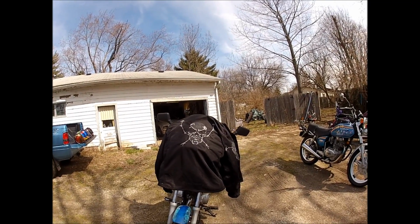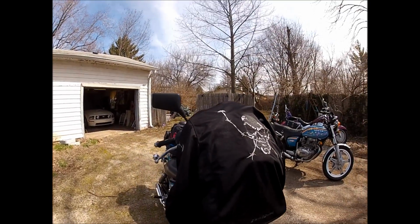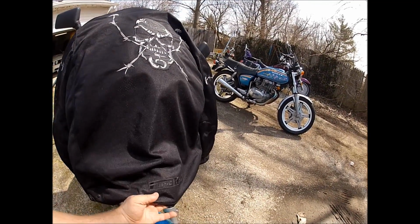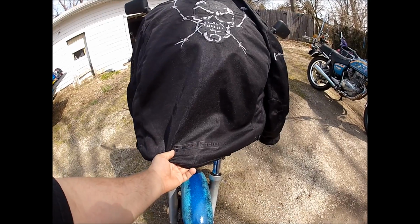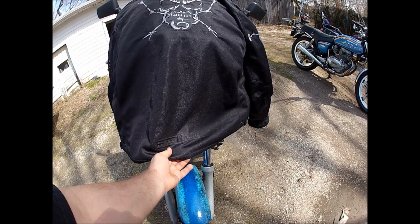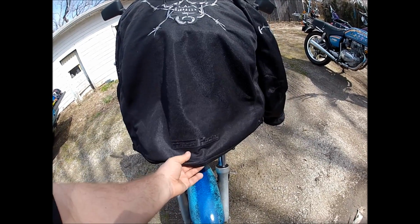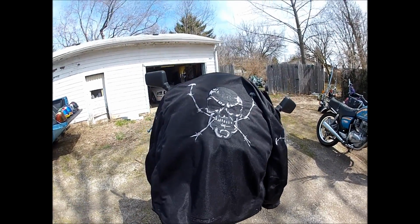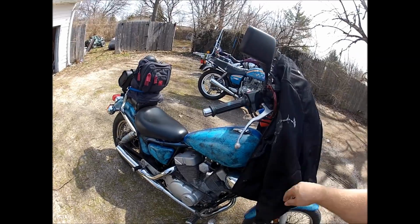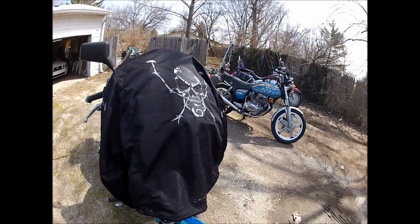This right here is my riding jacket. It's made of some kind of mesh. I don't know what material it's made of, really. Pretty tough stuff. It's made by a company called First Racing. It had pads and stuff in the arms, and I got some pads up here in the shoulders, but I took the pads out of the